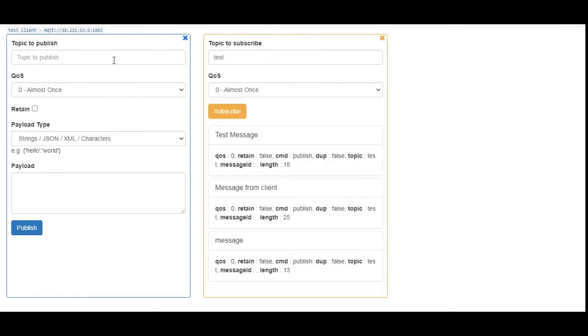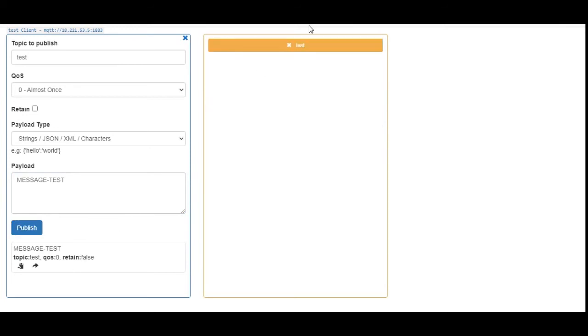Once you save it, we can use this MQTT box to send and receive messages. So now I'm going to save this information, and this side is the window where you can publish the information, and this side is the window to which you can subscribe. As I used the topic name test in the earlier example, I've used the same topic here, and I've subscribed to this topic. You can also publish on the same topic, so let's say the topic is also test, and I just want to send some message.